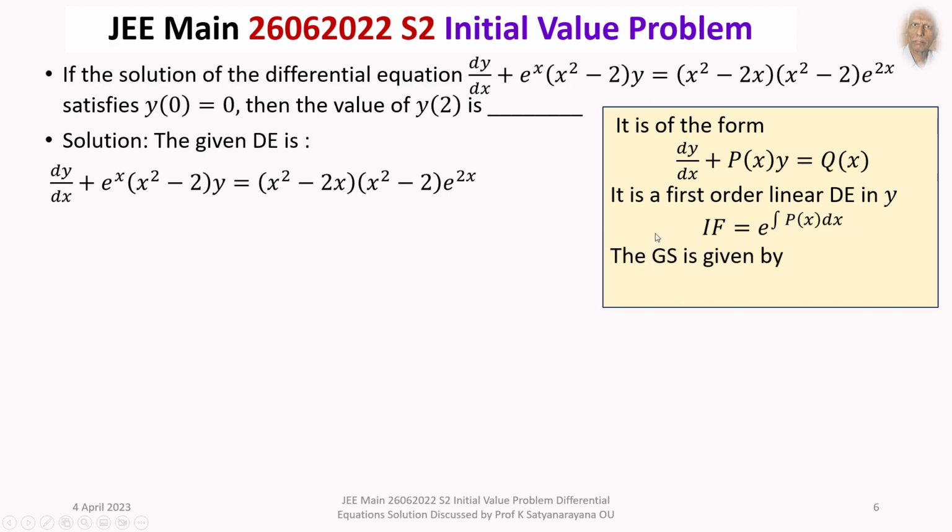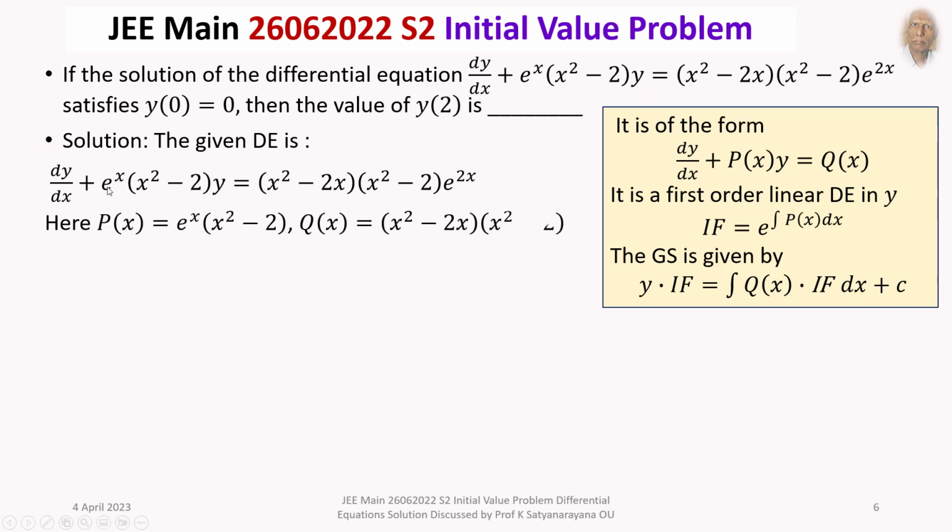Then we give the general solution. The general solution is given by y into integrating factor is equal to integral of q of x multiplied by integrating factor, integrated with respect to x, plus c. So let's get back to our differential equation, and in our case p of x is e power x into (x square minus 2), q of x is equal to (x square minus 2x) into (x square minus 2) into e power 2x. To solve this, we first find its integrating factor, that is equal to e power integral p of x dx,